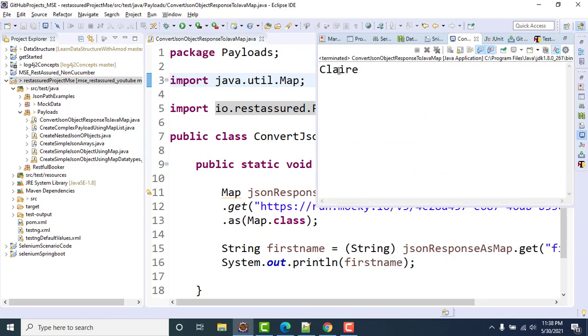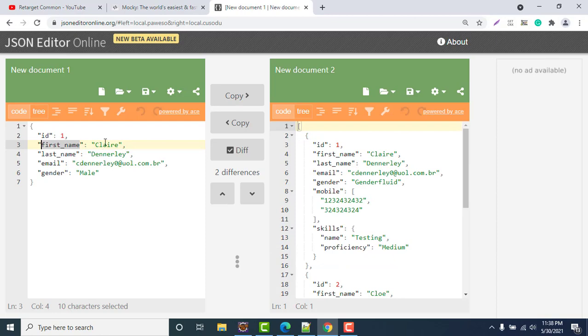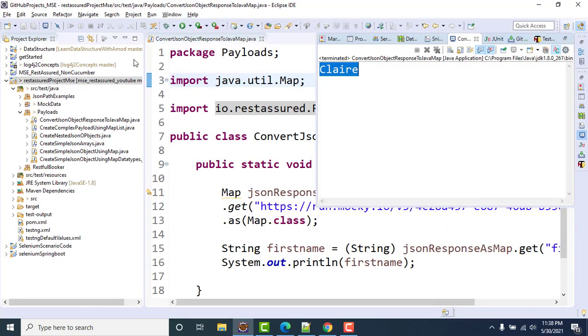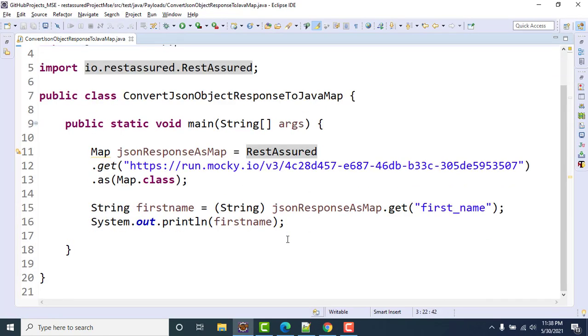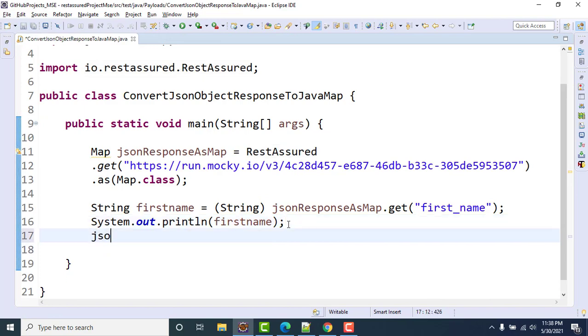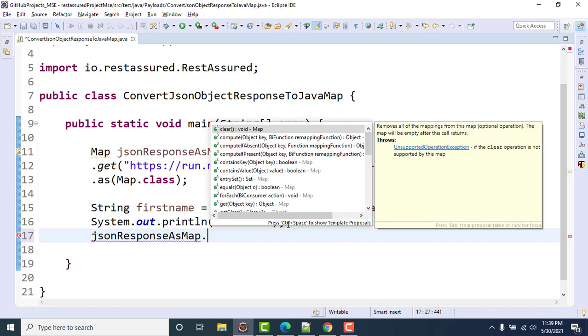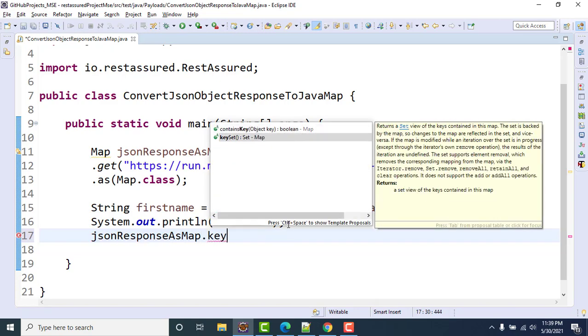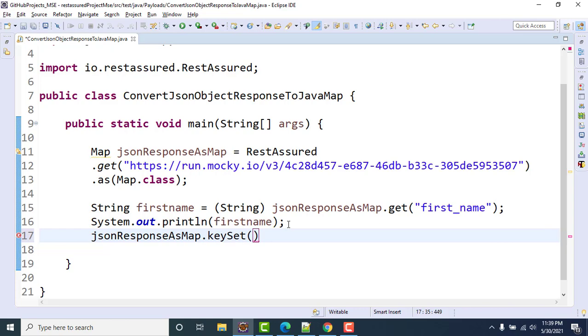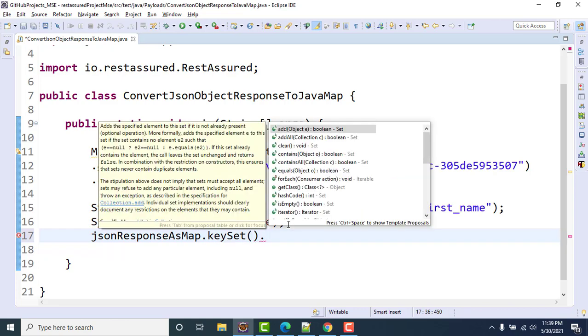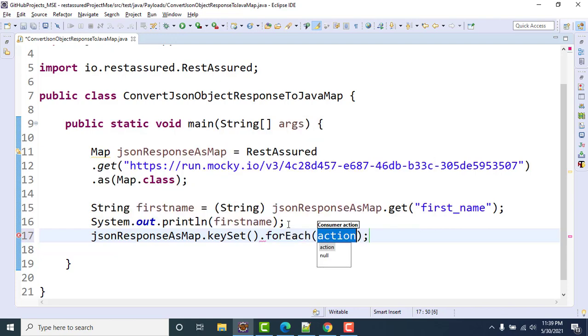We can see the name Clary, right? So this way we can do anything here, like if I want to get all the keys, obviously we can take it. So JSON response as map dot key set. We have a method called key set, and we can simply print it directly as well with a for each.